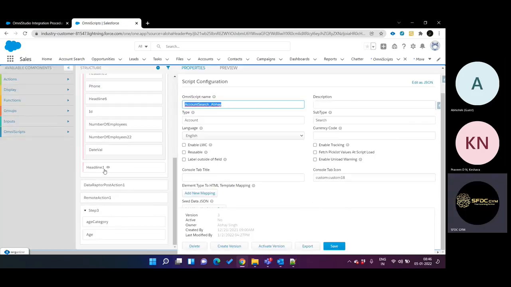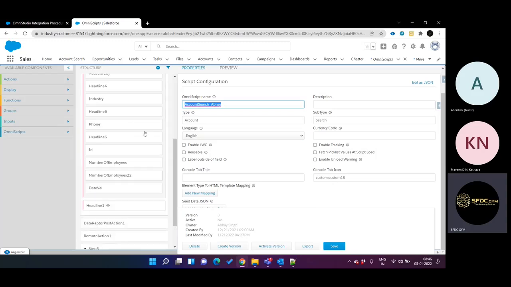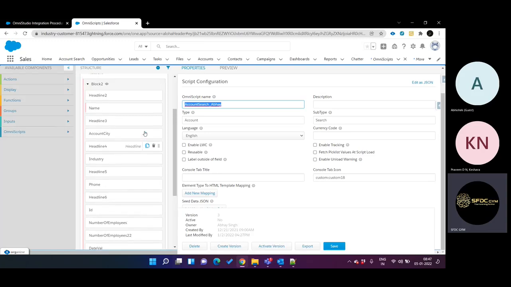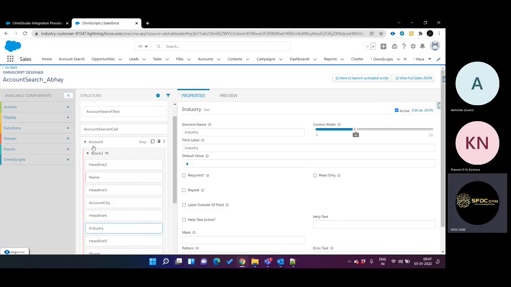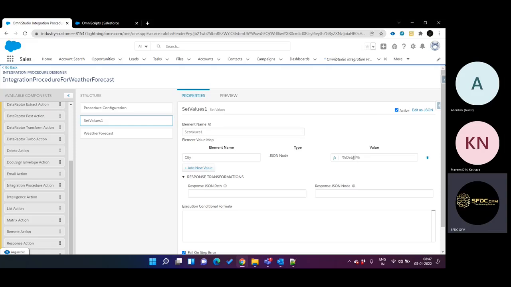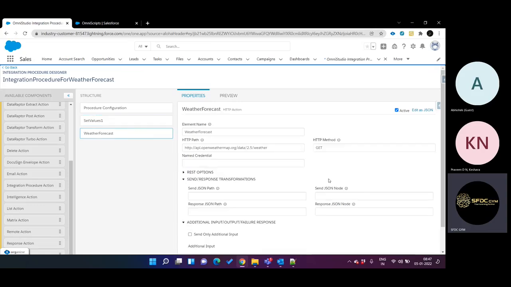Let's say we are calling it here after this step, right? So I was saying this will send this information and this information as well. And let's say this is the city information. So in that case, we need to give it a full path like Account, Block 2, and then the city. So we configure the same thing here, where we will do Account, next is Block 2, then we give the city. This way the city information will get stored here,